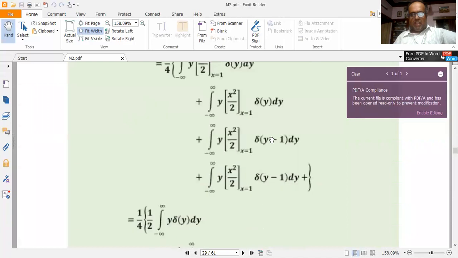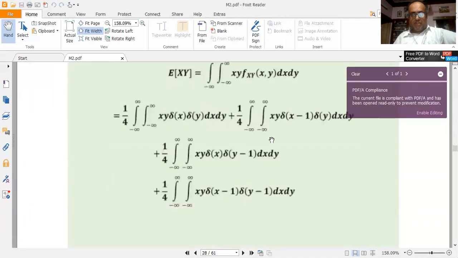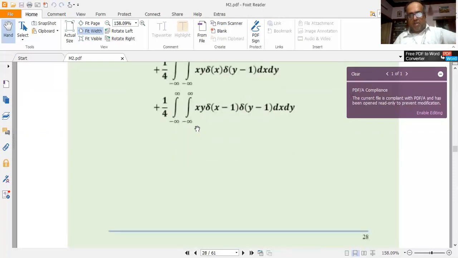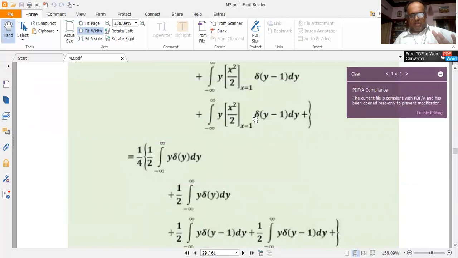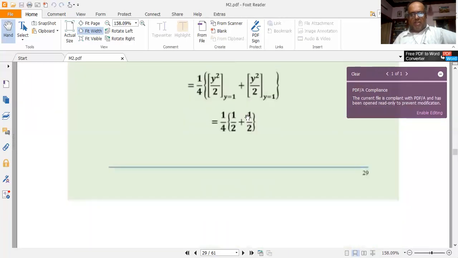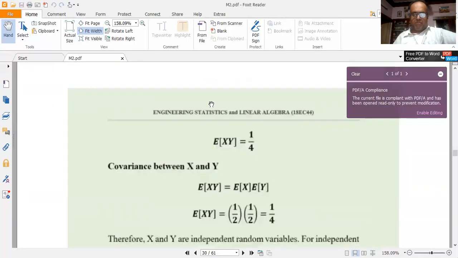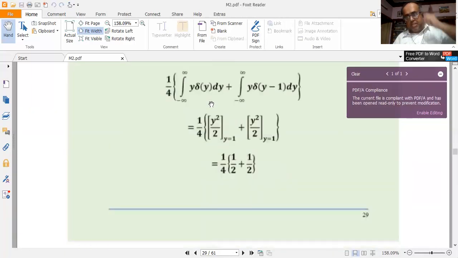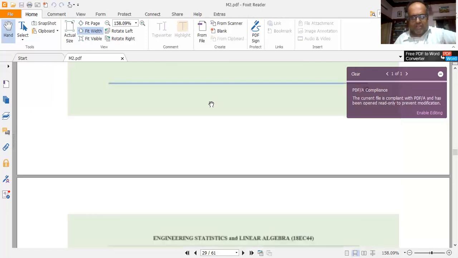As I told, I can evaluate this integral in different methods. I can split it into a product of two one-dimensional integrals and get the result. But the method that has been outlined here and which I am explaining currently is also very good. You can follow the same criteria. Please note the methods that we are using are what we have learned in signals and systems and in engineering mathematics. The same techniques we are using here also. You should be very, very careful with respect to the integration. Normally students find it difficult to integrate. You need to use your brain a little bit and then integrate it. Any doubts, please feel free to ask.